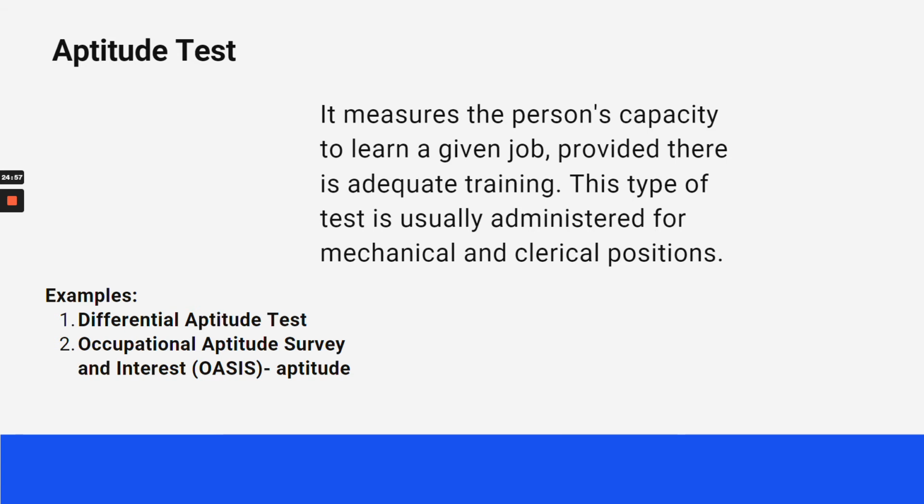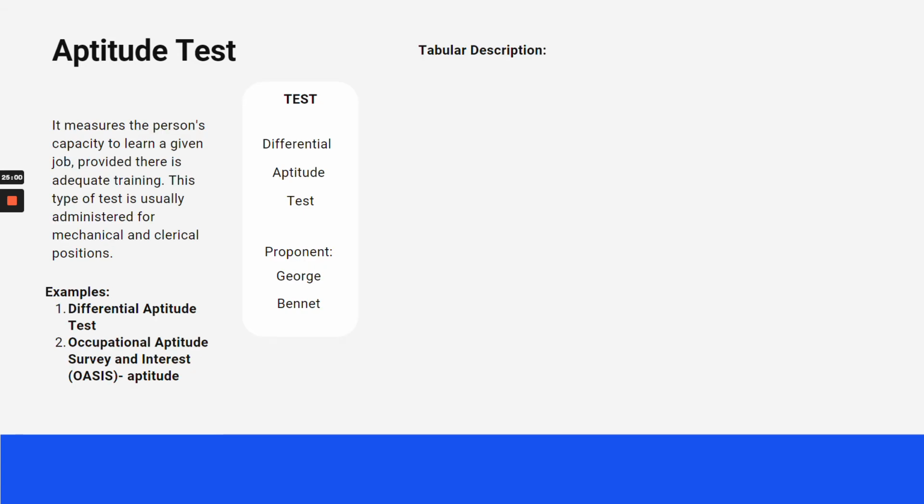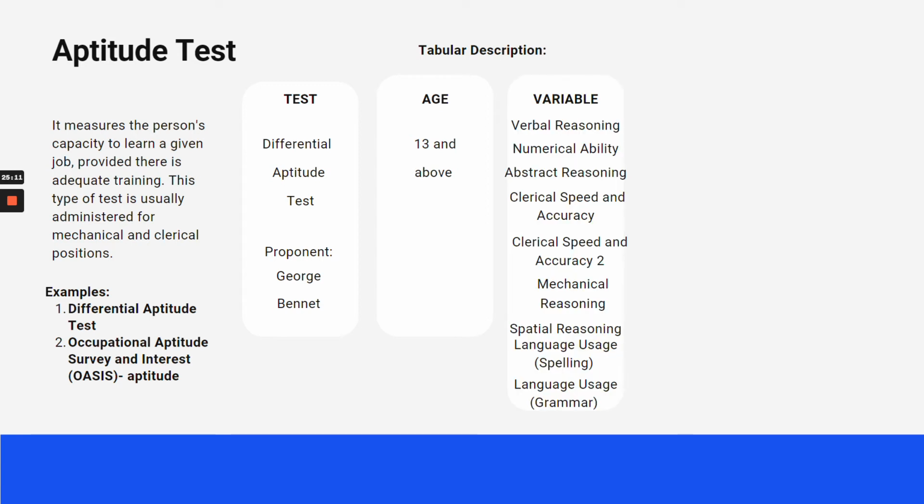So, unsa man ni siya? Kinsa may proponent? Proponent is si George Bennett. Ang tawag sa iya is differential aptitude test. Age, 13 years old and above. Variable, so daghan kay tan-awon nga variable. Verbal reasoning, numerical ability, so mao na mga solve. Abstract reasoning, katong makita niyo abstract, katong mga drawing bitaw, say sunod, ano siya. Clerical and speed accuracy. So, pwede kang mukuan na sa typing test, naibahimo sa imong typing test, napoy clerical speed and accuracy too, mechanical reasoning, spatial reasoning,